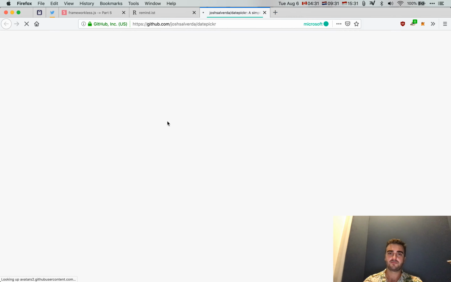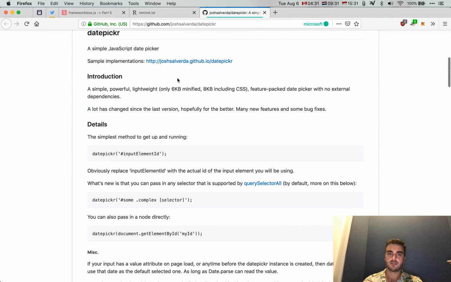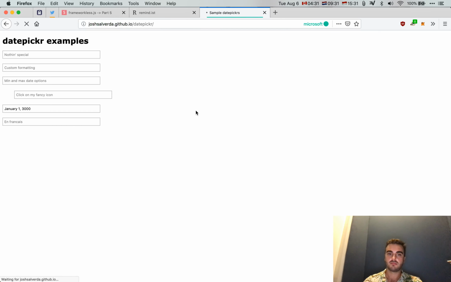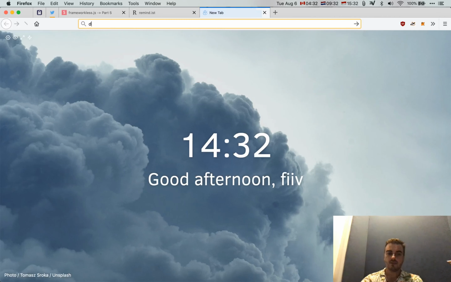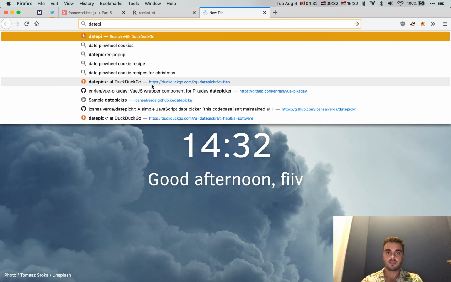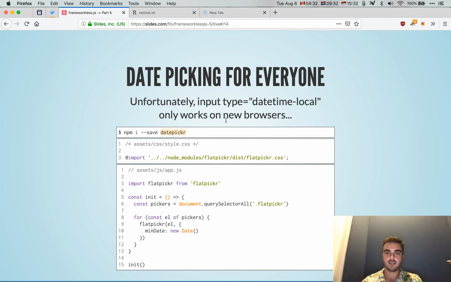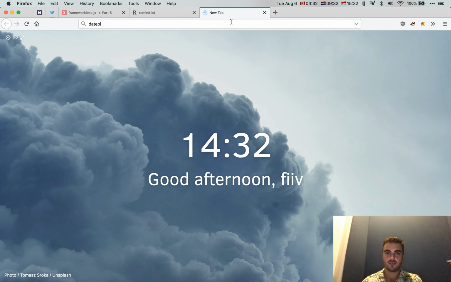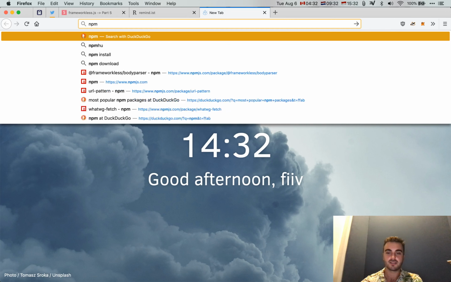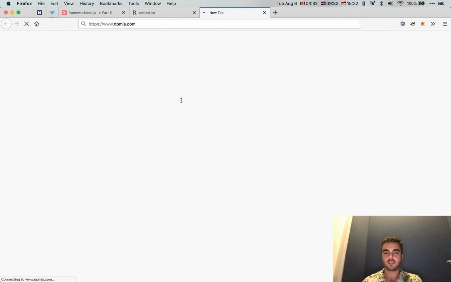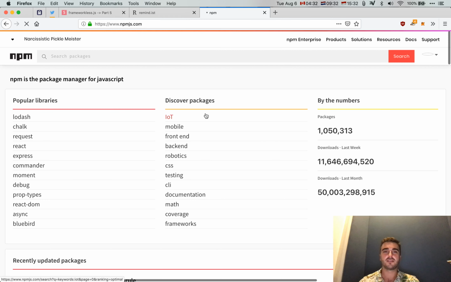I think this is the one. No, there was another one. Oh, that's annoying. I meant to link the website, but I guess I forgot to do that in the notes, so I apologize. I'll find it on NPM, and then we can look at the README together. But this isn't a hugely mind-altering